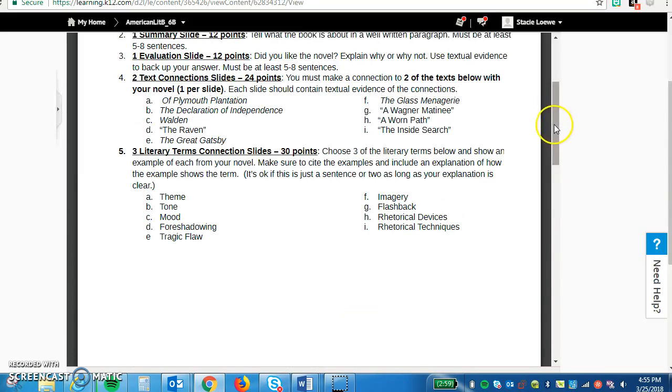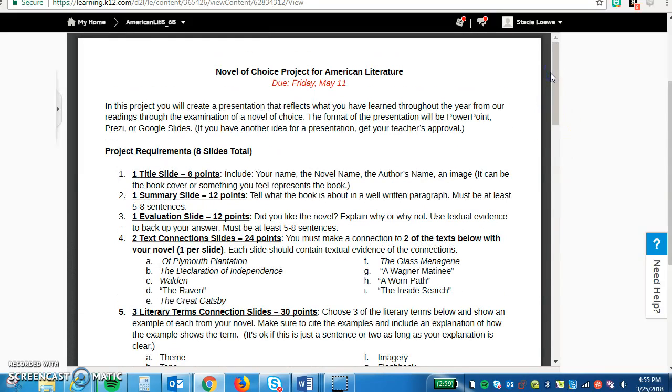All right, guys, so if you have any questions, feel free to email Miss Angie Chambliss. Each American Lit teacher has taken the point of lead for different choices we signed up for, but Miss Angie Chambliss is the teacher that's going to be working in the breakout rooms with you for the Novel of Choice project. So her email is